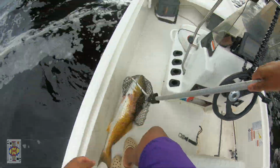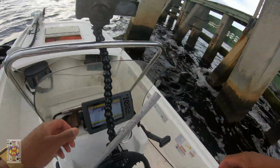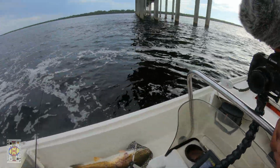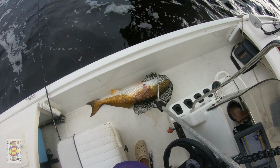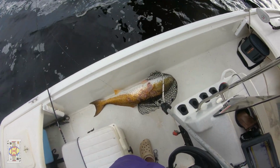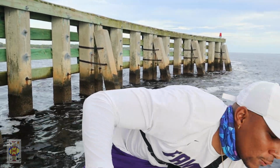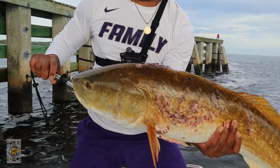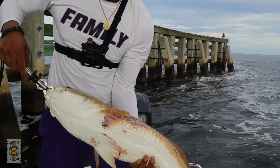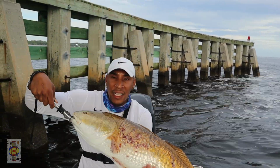Wow. Oh my God, wow. Help me, God. All right. That thing is huge, man. Wow. Oh yeah. That's a log right there, baby. Still could look a little sick. But look at